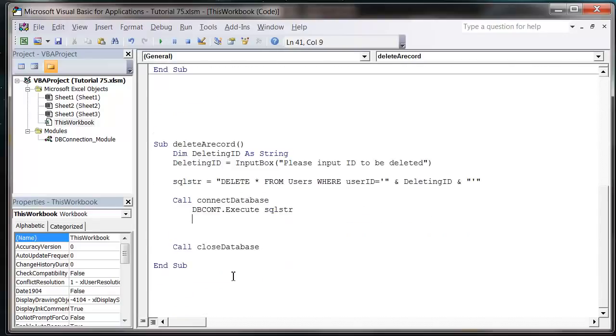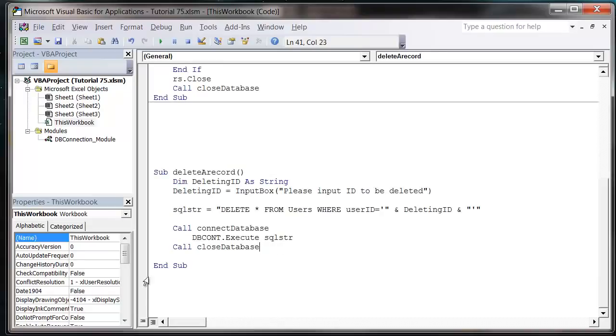And notice how we only ever use the record set when we're taking information from the database. So for our inserts, our deletes, and coming on to our updates, we're literally just executing the SQL string